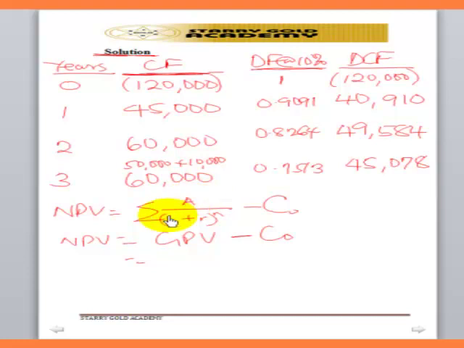So in other words, the formula is still the same: net present value is gross present value minus C naught, and the discounting cash flow for years 1 to 3 will now represent our gross present value. In other words, we have 40,910 plus 49,584 plus 45,078. And this is equals to